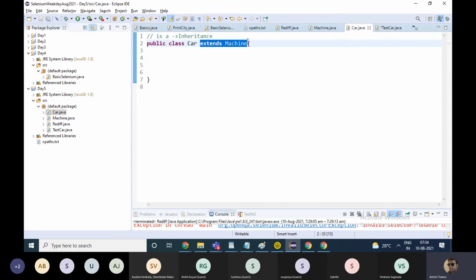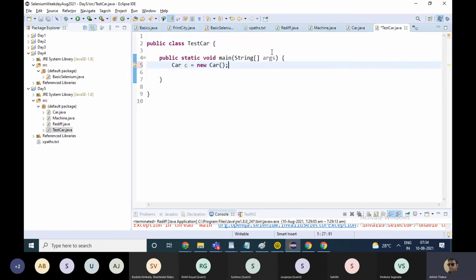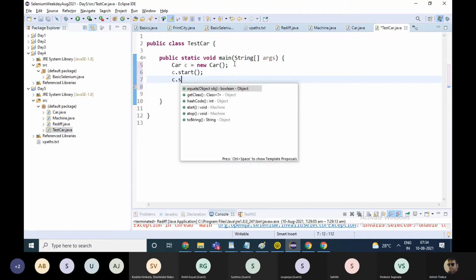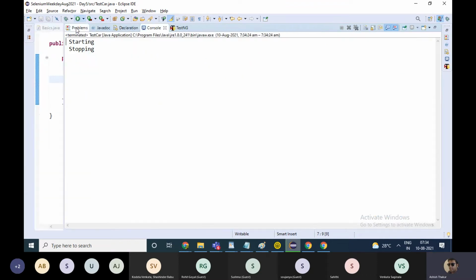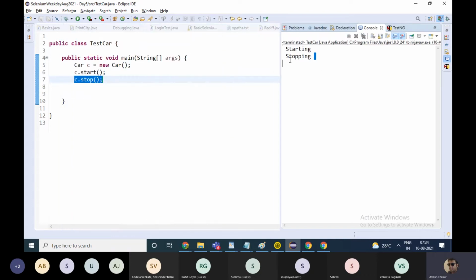That means it is extending the features of the machine class. Whatever is there in the machine class will come in the car class. And when you create the object of the car class, you will be able to call the start and the stop functions. They will be accessible. If I run this code, it will just print starting, stopping.